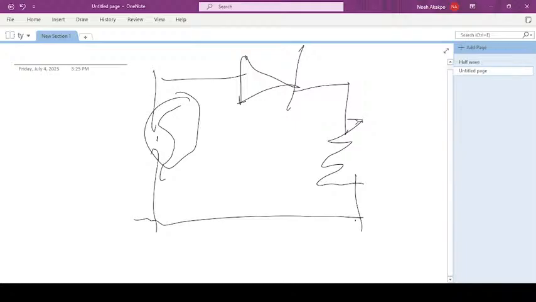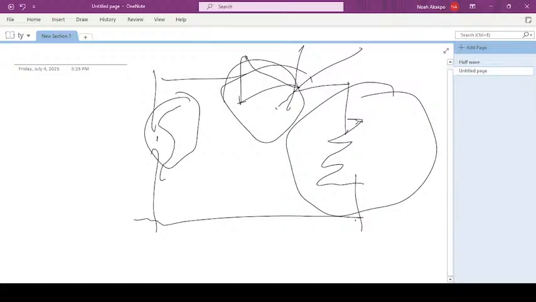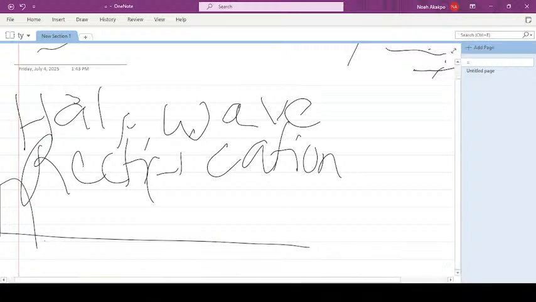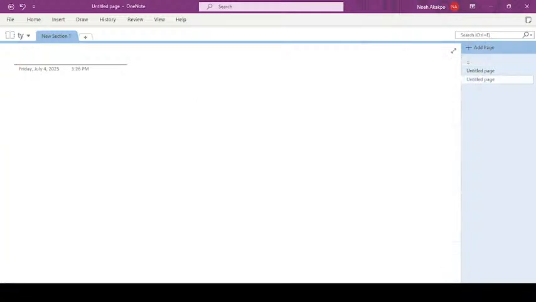So in half-wave rectification, a transformer is employed, and the circuit includes a single diode and a load resistor. So this is the diode and this is the resistor. And in half-wave rectification, it produces a pulsating DC output. A pulsating DC output is a DC output where